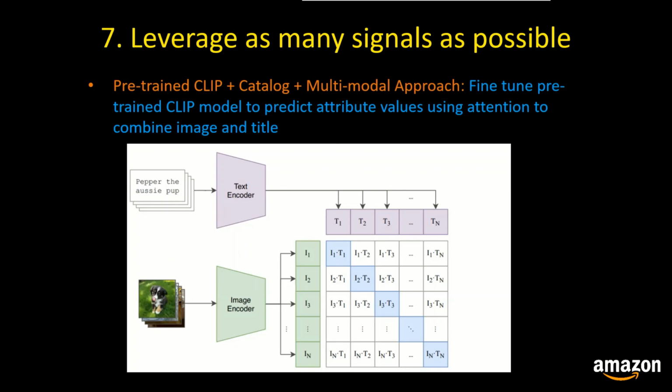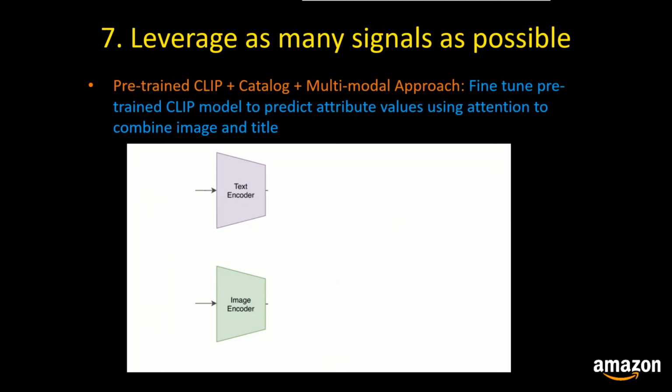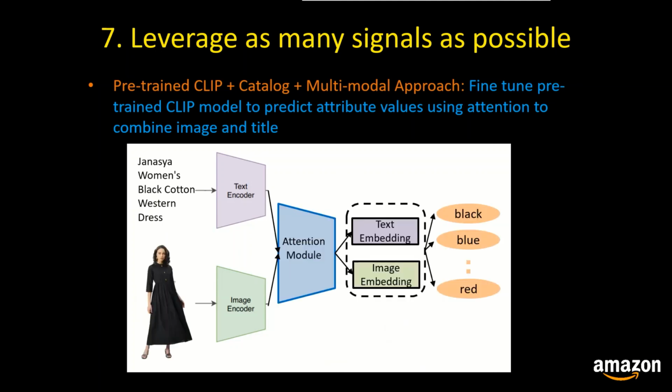Besides the product image, the product title also has a lot of valuable information about attributes. Next slide. As you can see here, from the product title, Janasaya women's black cotton western dress, we can conclude that the color of the dress is black and the material of the dress is cotton. So instead of only fine-tuning the image encoder, we